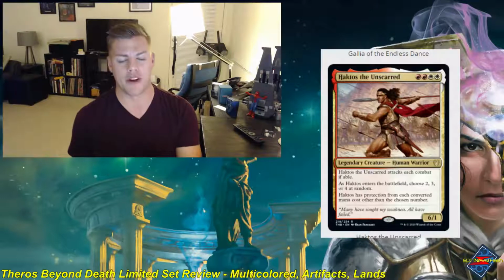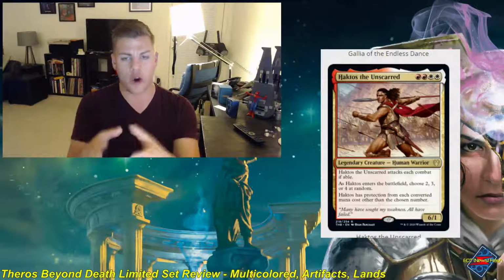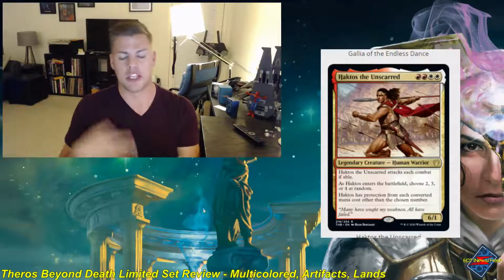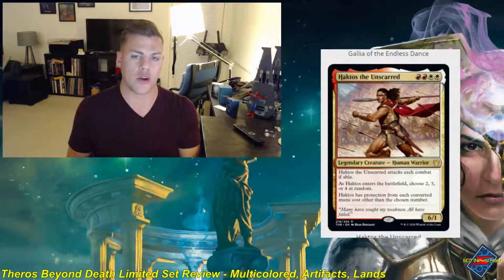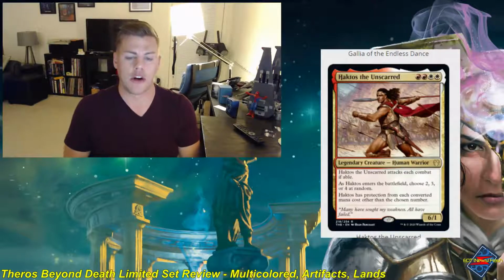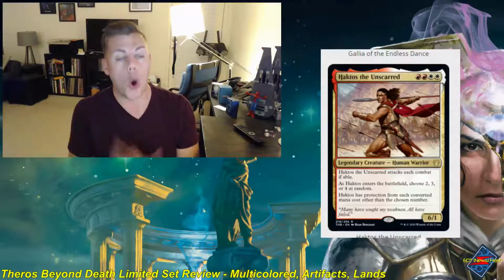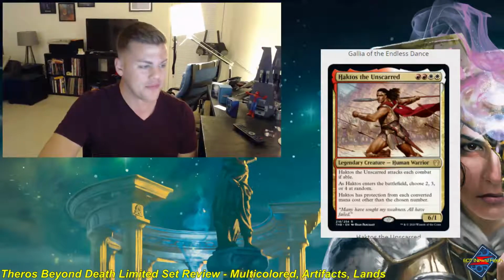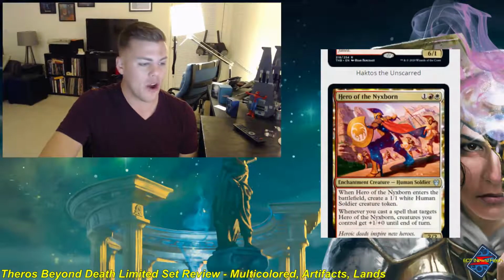2.5 if we're being fair, just because of how narrow it becomes to even touch this thing. The only downside is the double red, double white casting cost, but if you are an aggressive Boros deck, you shouldn't have too hard a time casting this on curve, and hopefully they don't have your number. So, moving on. We have Hero of the